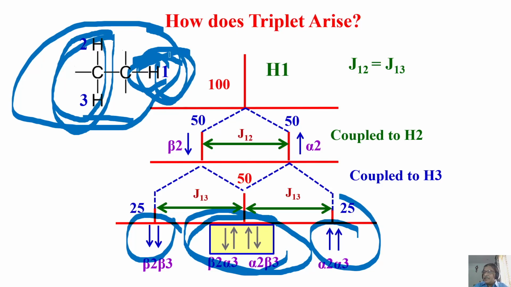So this is what I just wanted to tell you about this, and we continue with the multiplicity pattern, how it comes for other spin systems, like when we have CH3 coupled, or when we have CH2 CH3 coupled, everything later. What happens when two CH3s are coupled, or one CH2 and two CH3s, or three CH2s are coupled, varieties of examples we can take. A couple more examples we'll take and understand how the splitting arises in the case of chemically equivalent spins. So we'll do that in the next class. Right now, for this, I am going to stop it.